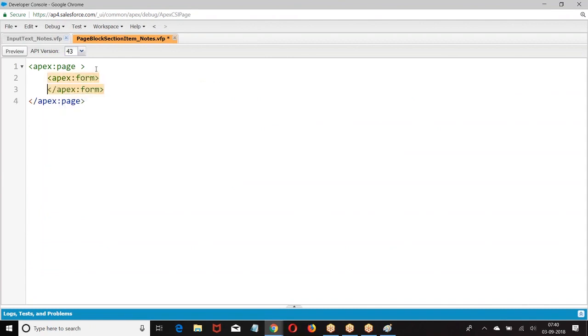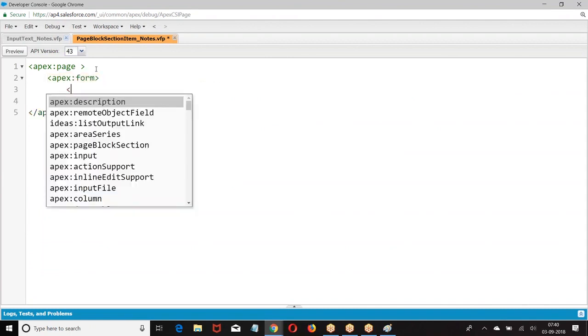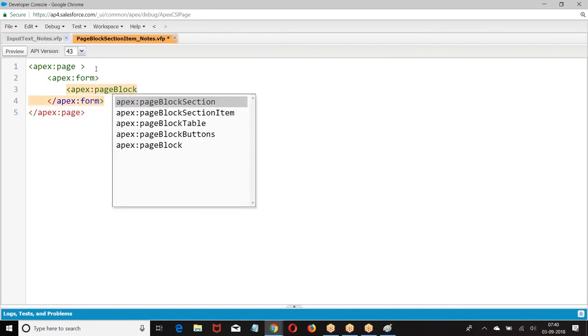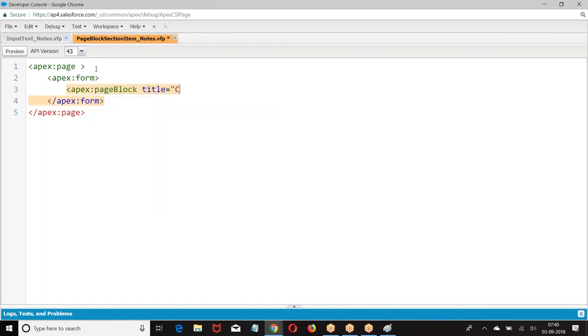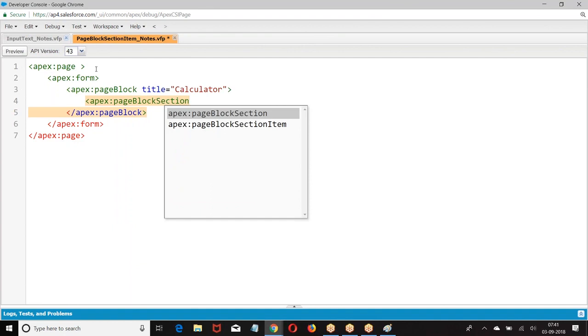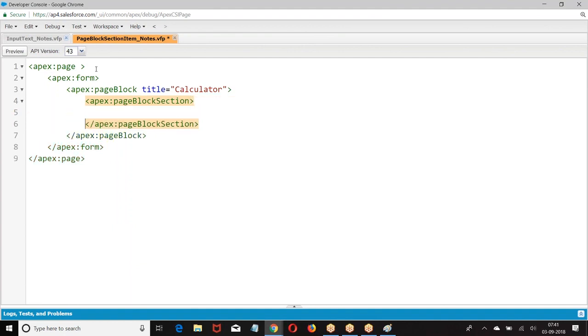We have a form. Page block. Then we have a page block section.